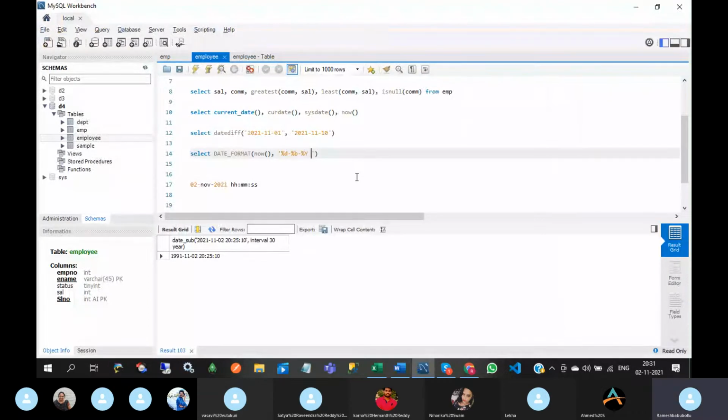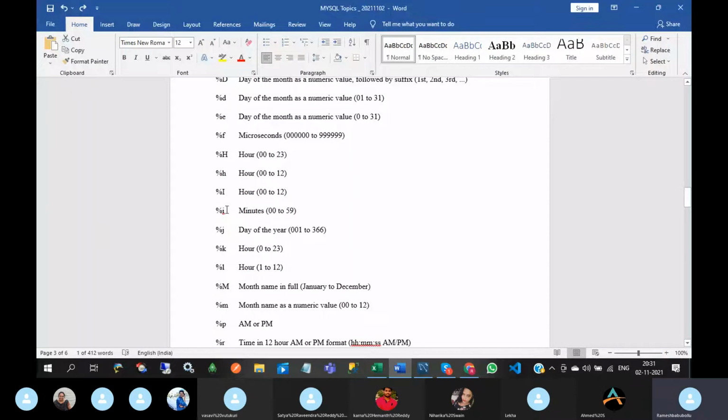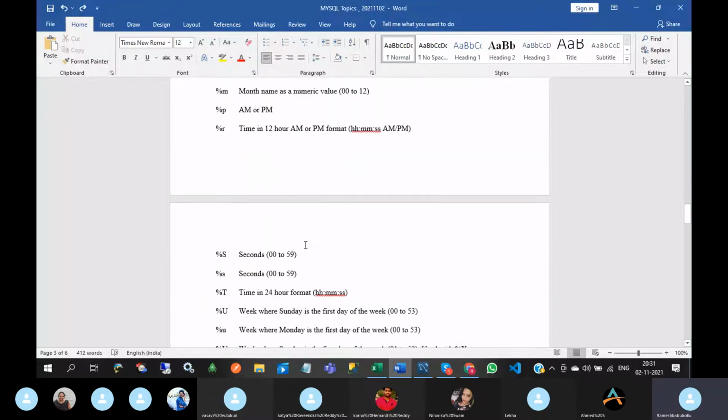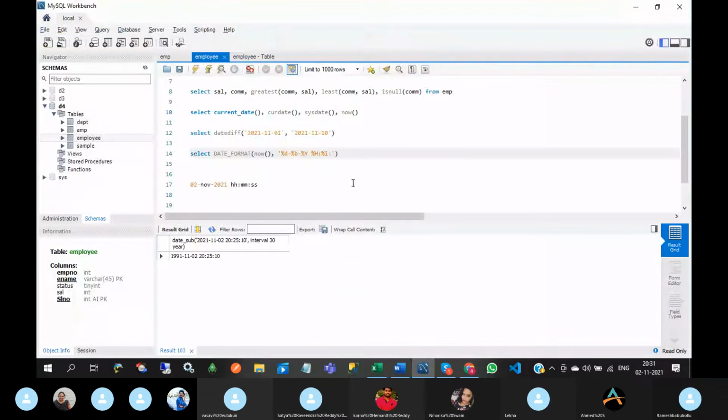So percentage capital H. After that, a colon, and minutes: small i. After that, a colon, and seconds.